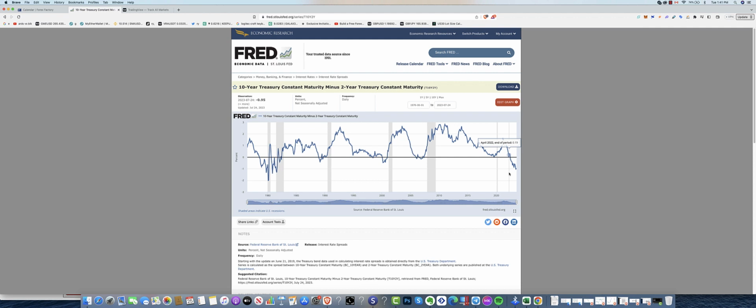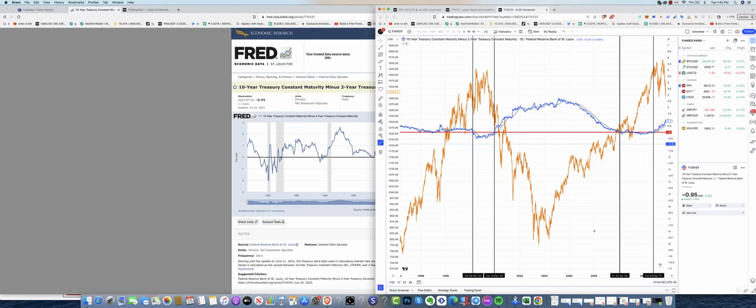And so what we can maybe anticipate, not right now, but when the yield actually gets back above the inversion, is normally when the market crashes even further. And the reason why I'm saying this is because this is something that we need to take stock of and actually pay attention to. So I've actually put the yield curve over here on the S&P 500.